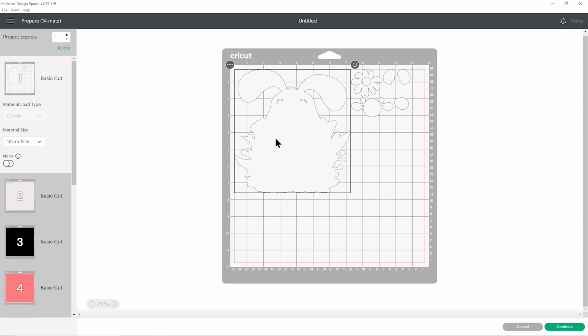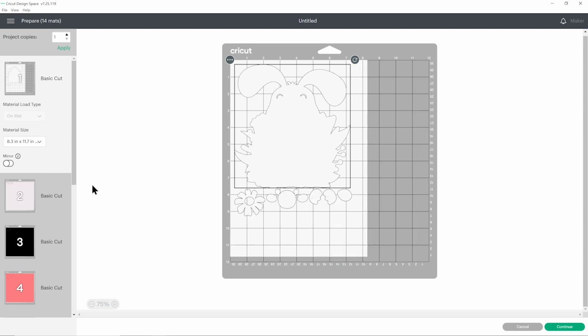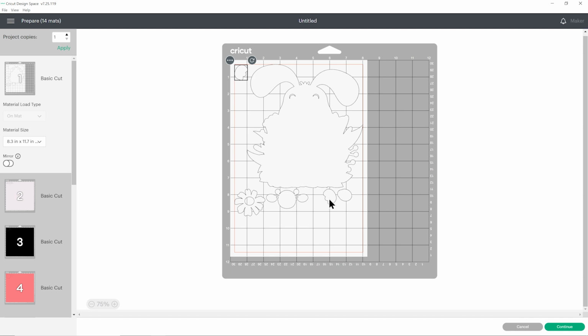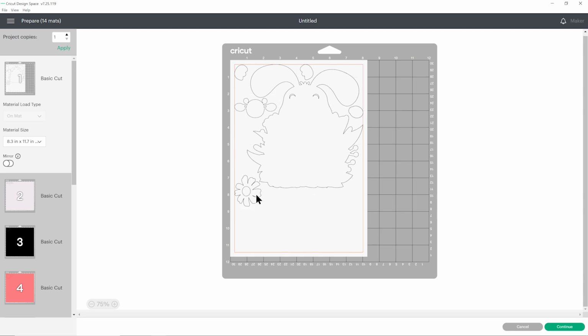This will separate out all of the different colours. You can change the paper size in this drop down. And then if you want to, you can move things about by clicking and dragging. And this can be a nice way to use up less space on your cardstock. And then it means you've got more of it to play with another day. Make sure nothing overlaps when you're doing this.